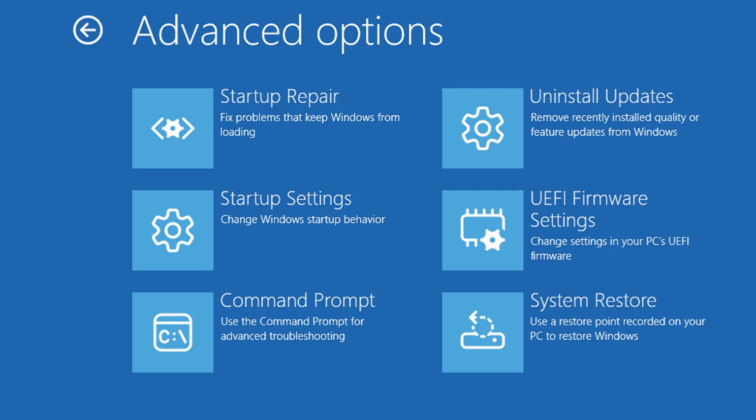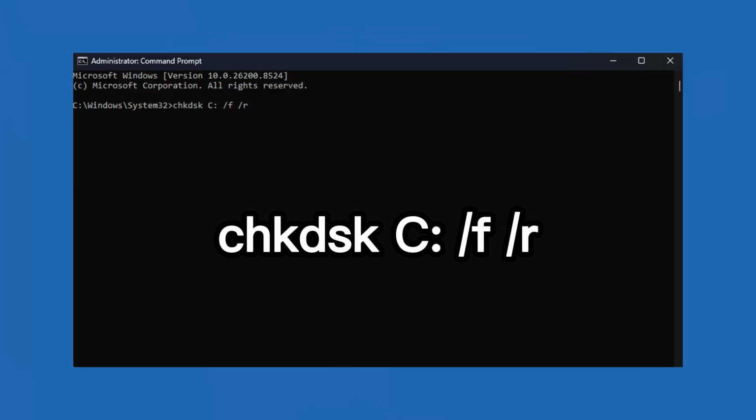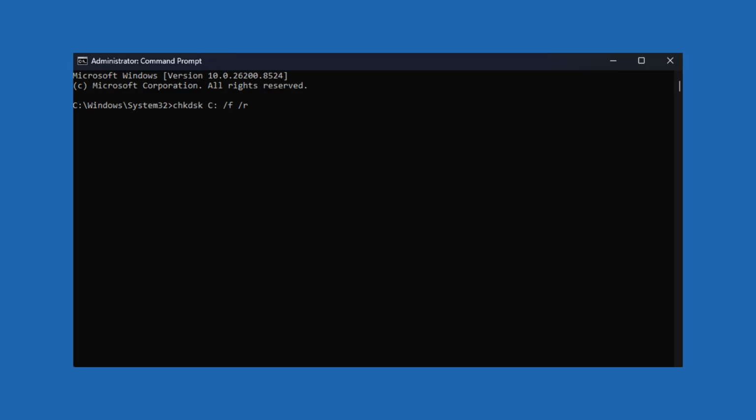If the error still appears, return to the recovery environment using the same method. Go to Troubleshoot, select Advanced Options, and then open Command Prompt. In the Command Prompt window, type chkdsk /f /r and press Enter. This command scans your drive for file system errors and bad sectors and attempts to repair